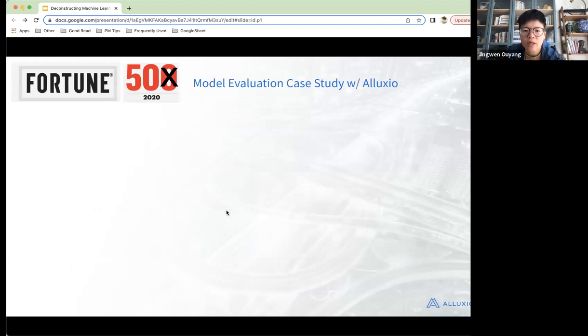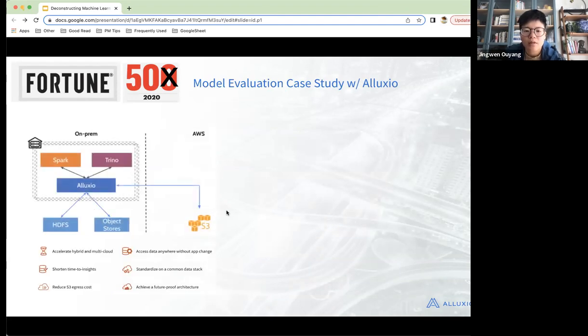And here's one example from the Fortune 500, actually a top 50 company. For the solution, I won't go into how they got to the current stage because it might look similar to the previous stages, but I'll mention what they currently use. They have Spark and Trino, which are very typical big data frameworks, not just for analytics.